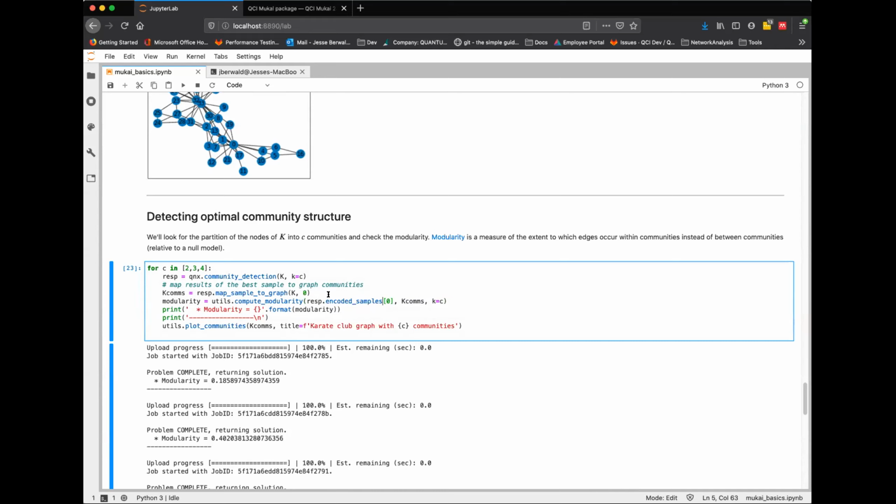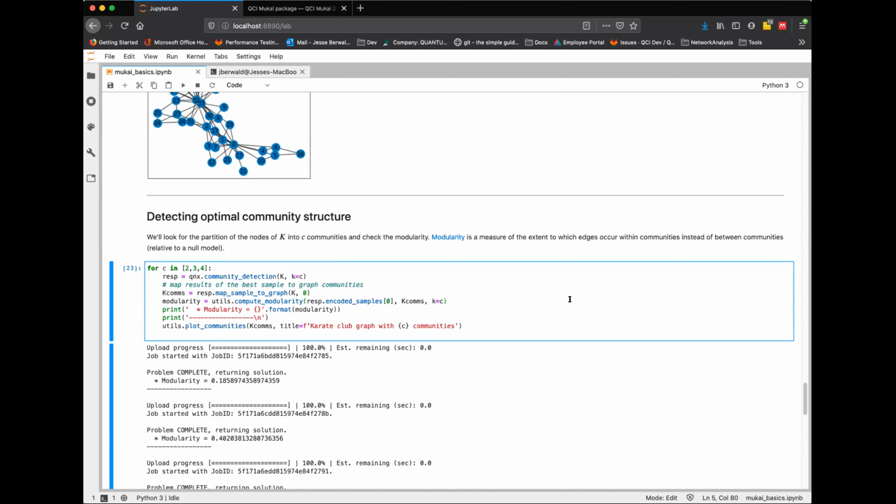In measuring the modularity, we have to use the encoded version because the modularity matrix is formulated with the larger number of choices per node. That also comes with the response object.